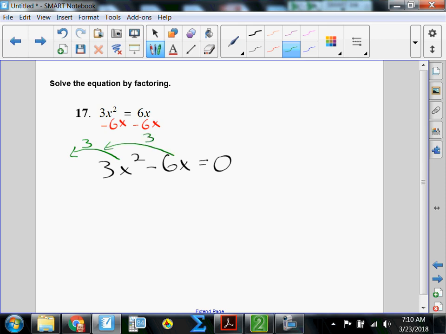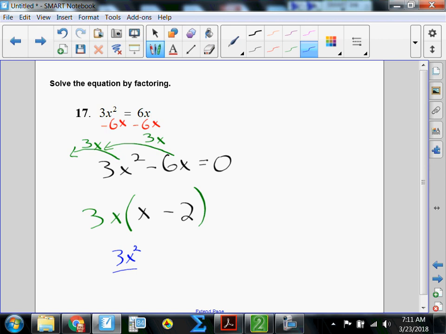They also have an x in common. So I can factor out a 3x from this equation. What I have left on the inside then is going to be x minus 2. There's a couple ways to explain that. You could say that 3x squared